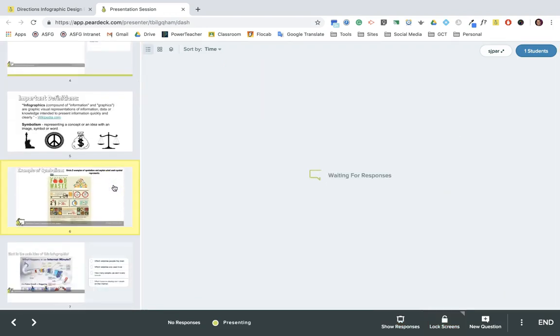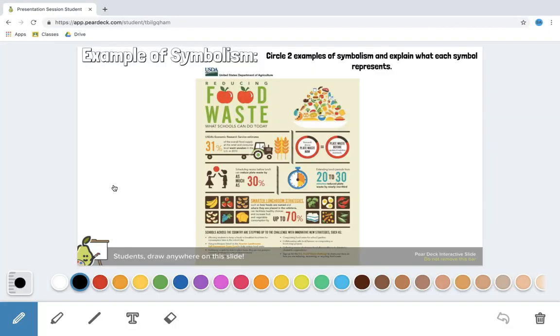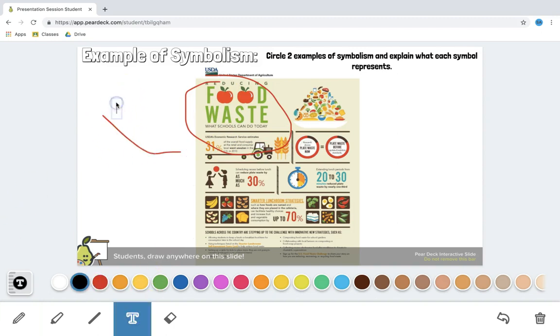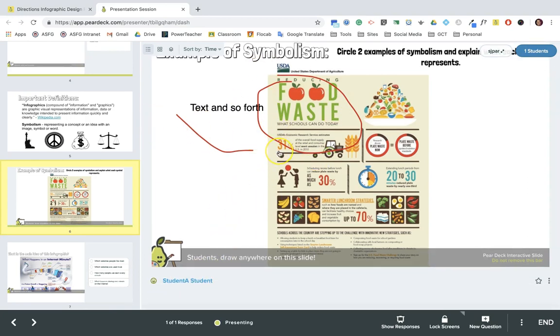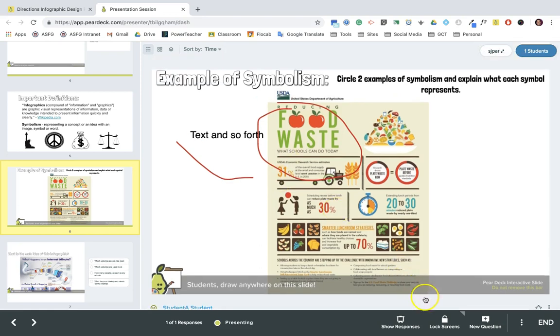Right, here is an example of a drawing slide. So now students can draw directly on the slide, as well as add text. Let's try that again. As well as add text, and so forth. And like every other type of slide, the teacher view, I get to see exactly what student A is doing, right? And I can then choose to lock screens when I'm ready for students to stop working,